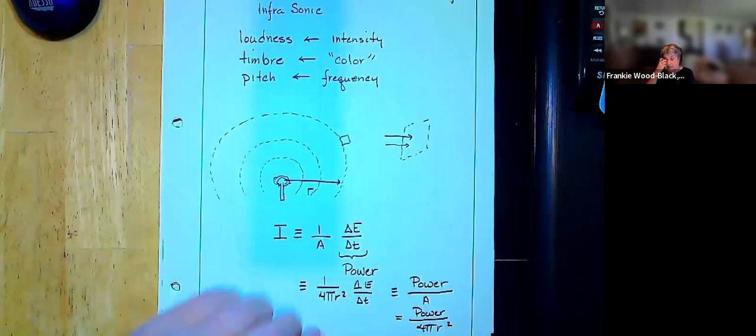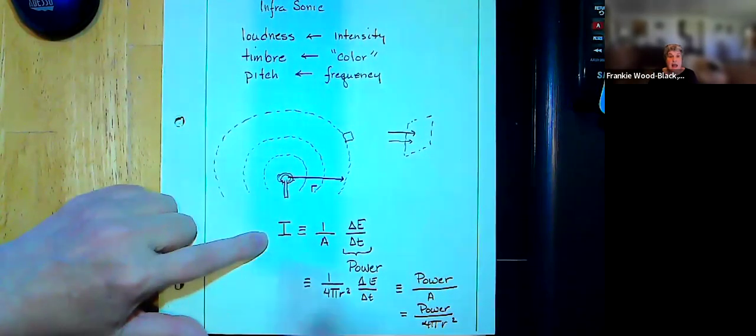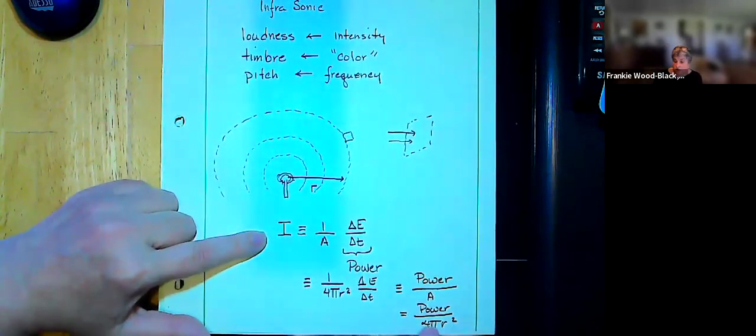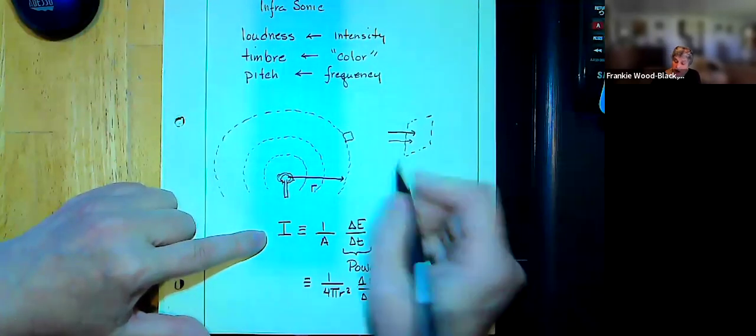So as I move away from my source, the intensity falls off as 1 over r squared. So if I plot this, and this is what you're actually going to do: